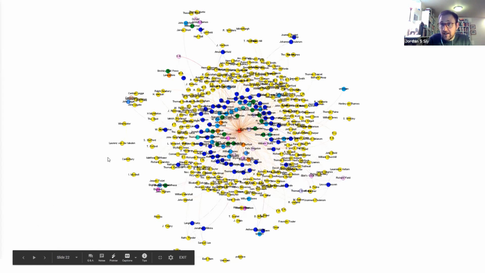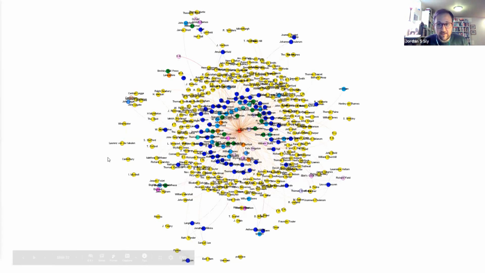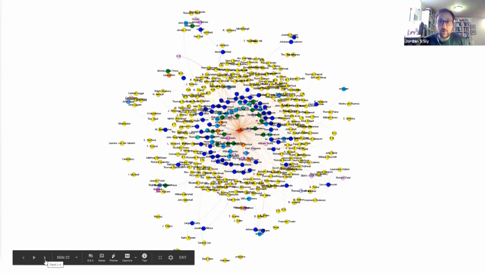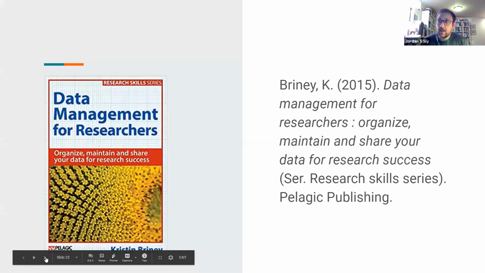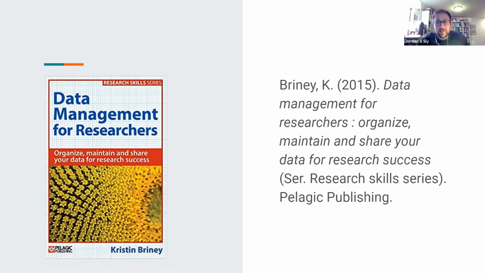Okay, that's a lot, right? There's a lot in data organization and even the opening principles of how these things go. And so I hope there'll be some questions about this later too. I want to note an important book for understanding some of this. And I'll point out a couple of resources as we go that I hope you take note of. But this one is a very good introduction to a lot of the things that I've had to skim past fairly quickly. This is called Data Management for Researchers.